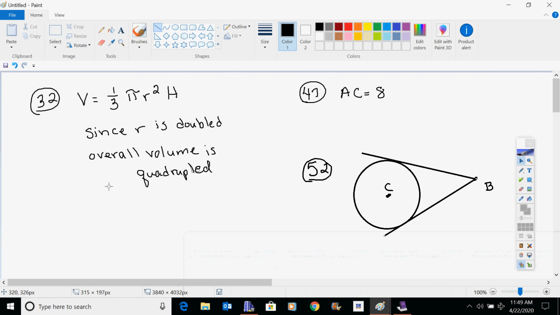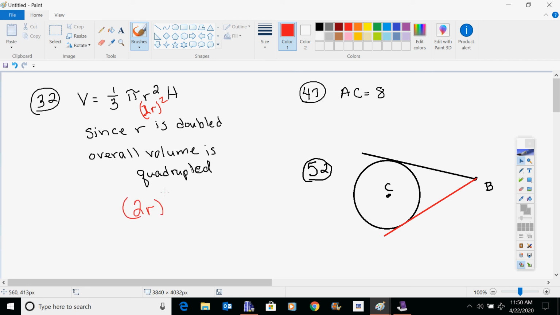All right, then finally, these last problems here. It asked you what happens if R is doubled, what happens to the total volume? So let's think about it for a minute. If this is now 2 times as much, okay, so instead of being R squared, it's 2 times a value squared. Sorry about that. So we have 2 times R, and this is the part that's squared, 2 times the original R. So what happens when you square this original part,